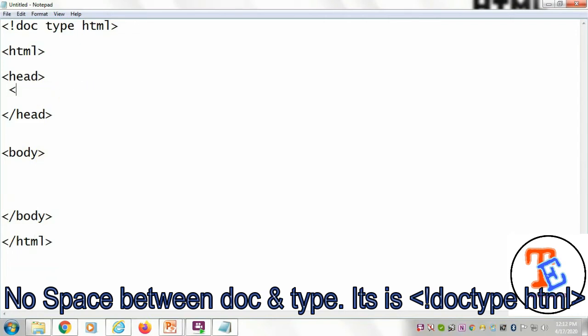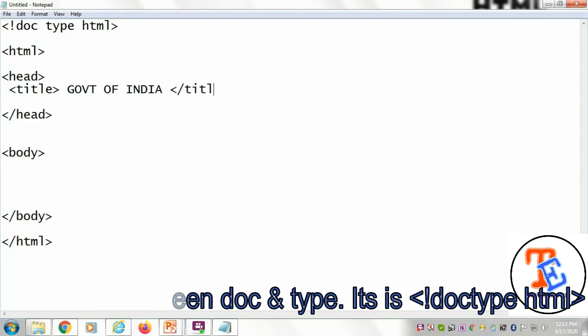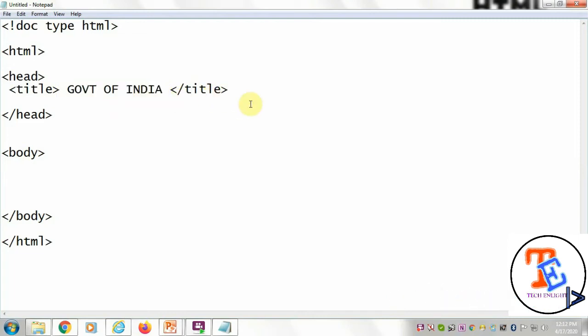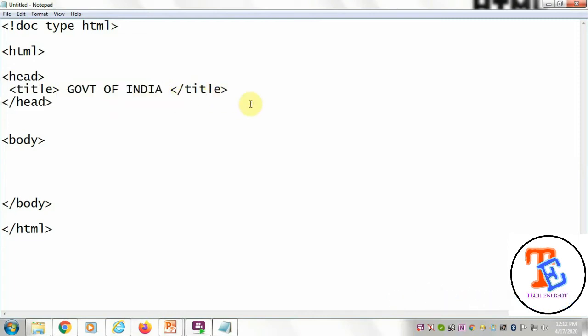We will write the title tag here, something like Government of India, and close the title. From here to here, this is the title. So we will define only the title in the head section.